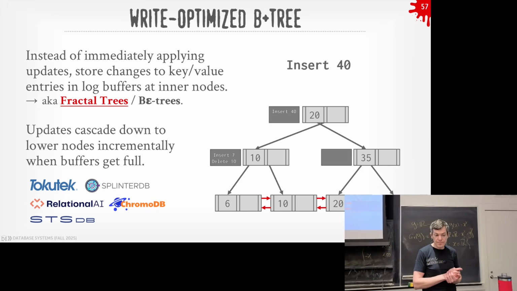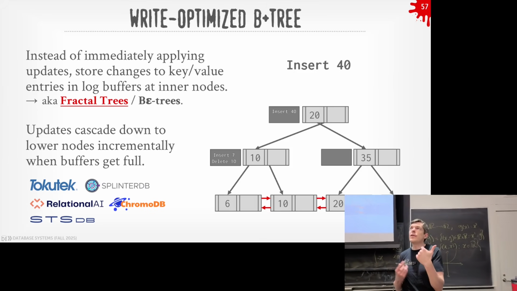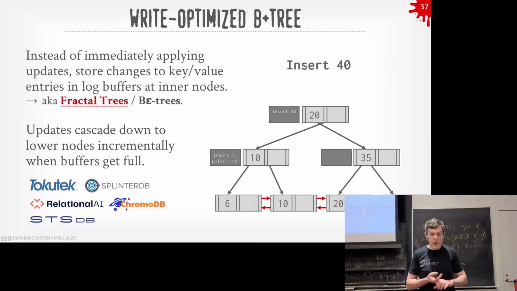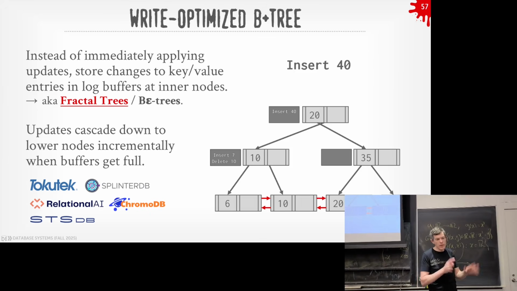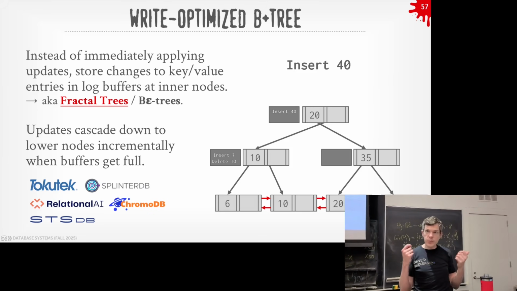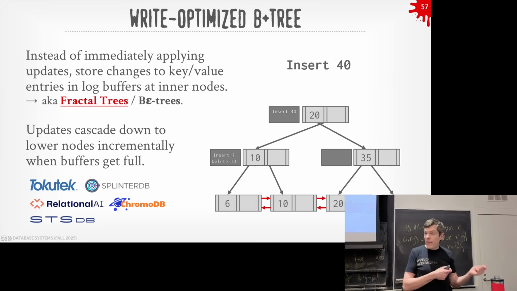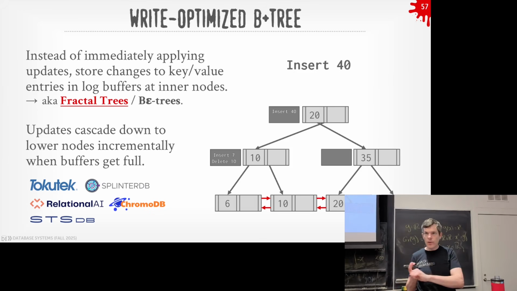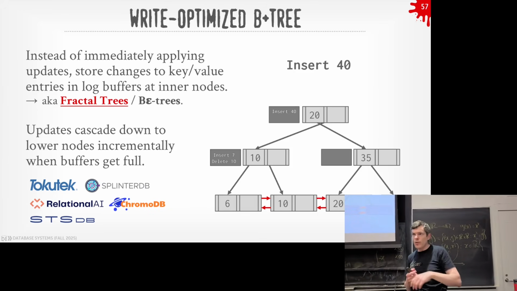Okay? This is very rare. I think the data structure was invented in the 90s, but very few systems actually implement this. There was a system called Tokutek. They got bought by Percona. The new professor in computer science, William Kuszmaul, his dad was one of the inventors of that data structure, even though he claimed not to be a database person. The best implementation probably that was out for a while is this thing called SplinterDB from VMware, that I think has been discontinued because the guy left to go to Cornell. But RelationalAI and ChromoDB out of China, RelationalAI is in the US, ChromoDB is in China, those are the two systems that I know that are pushing this pretty hard.